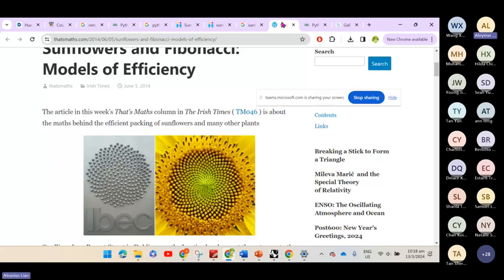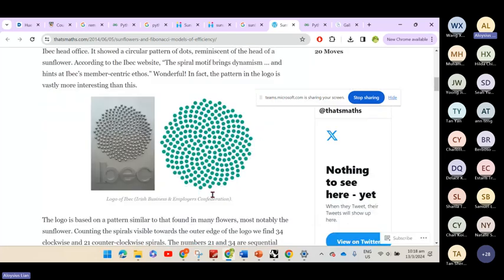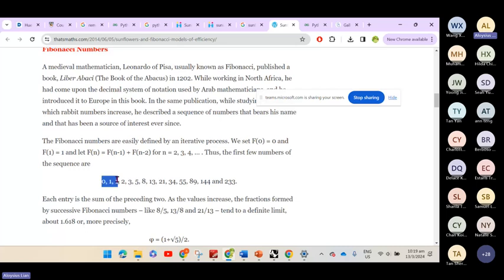Sunflowers are the easiest for you to relate to in terms of the beauty of nature and the logic behind it. I'm not even going to talk about mathematics. It's just the logic behind it. Essentially, the way that the beautiful sunflower is positioned is the most efficient way, in which you have respective spirals that give you ample space between each of these little elements here. Okay. And the basic logic is the Fibonacci sequence,